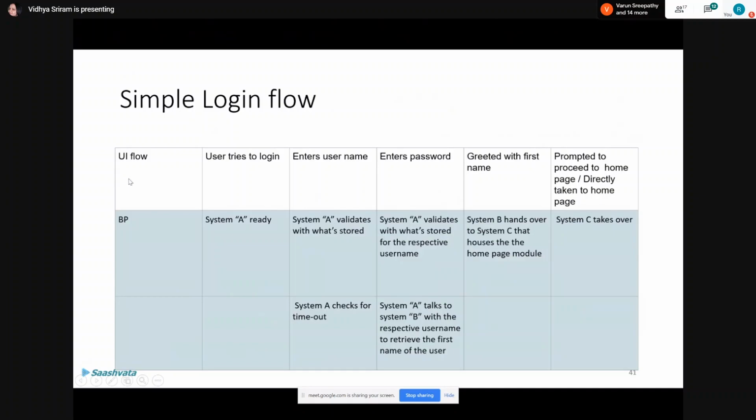Once you do the user research, you can conceptually think about the flow. So this is a login flow. The user tries to log in, they enter their username, enter their password, they are greeted with their first name, prompted to proceed to homepage. That's a pretty simple, straightforward login flow. Once you have that, then you do the wireframing and everything. But even at this stage, when you're conceptually clear about what the flow is, what steps need to happen,